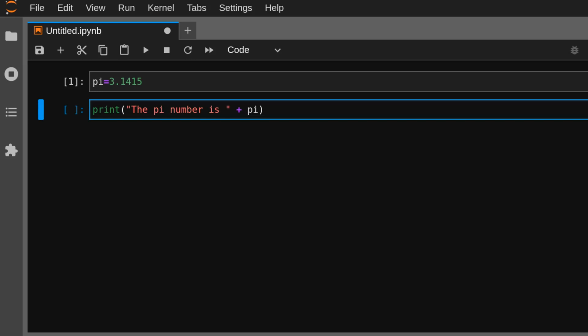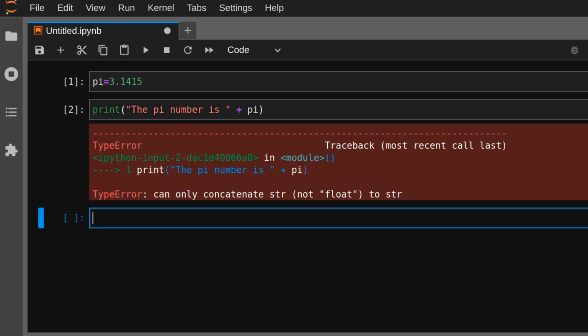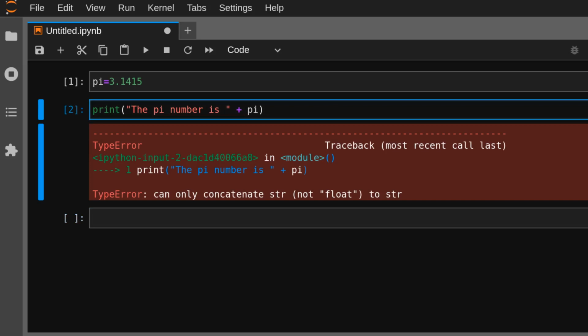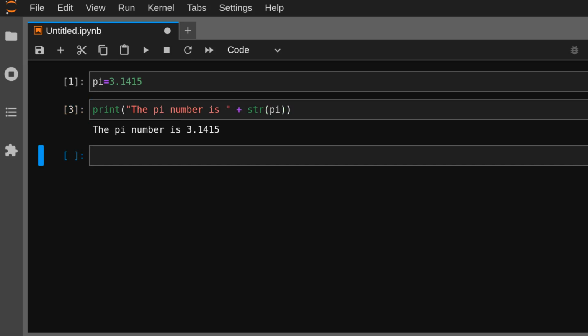because "the pi number" is a string and pi is a floating point data type, and it is impossible to concatenate a string with a floating point. Now you can see the output is a type error: can only concatenate str, not float, to str. So we have to convert pi to a string with the str command, and then we have the output. This will output the message: The pi number is 3.1415,